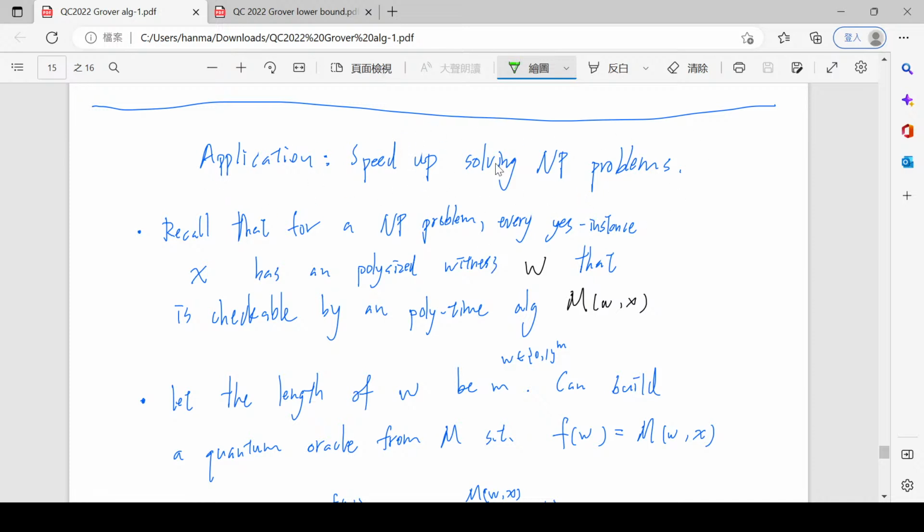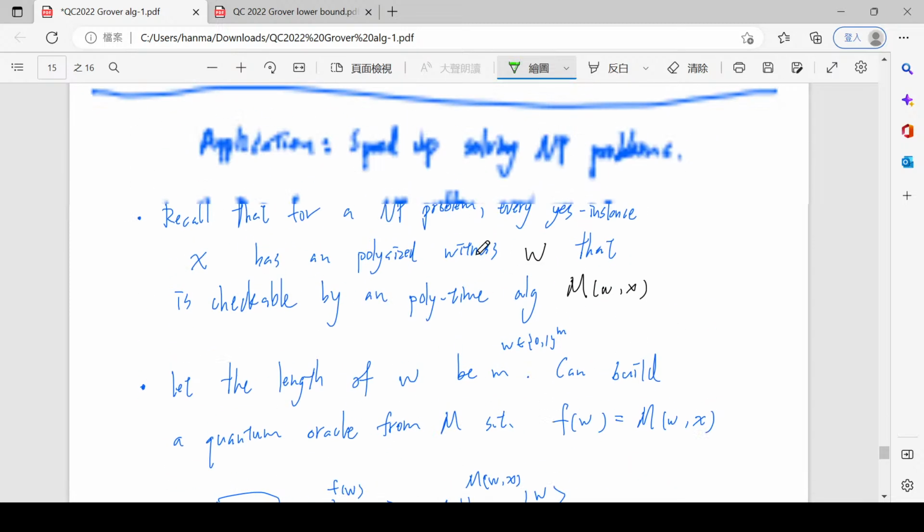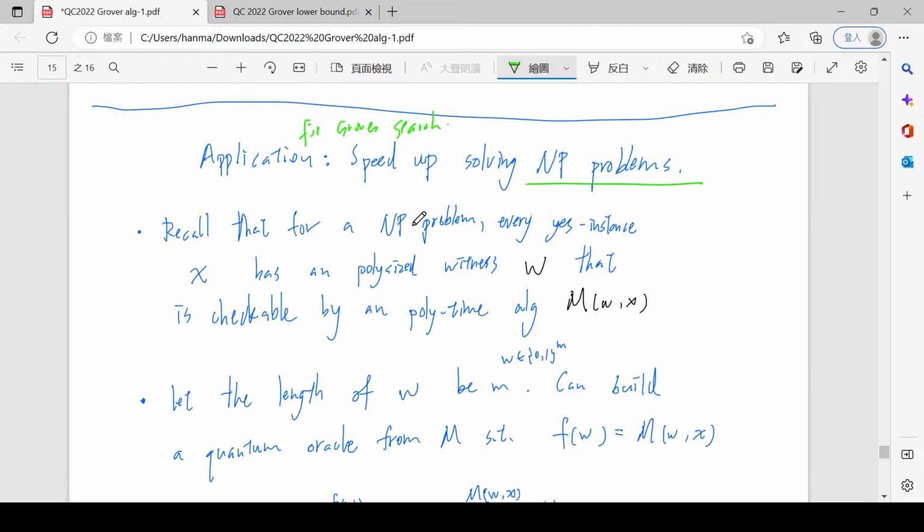But it's actually pretty useful, at least for theorists, because search is a very general problem and you can get speed up for a general problem. So here is an application for Grover search. It's very general: you are speeding up your brute force solution for NP problems. And remember, for an NP problem, there is always a brute force solution,